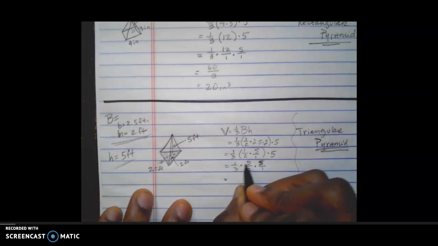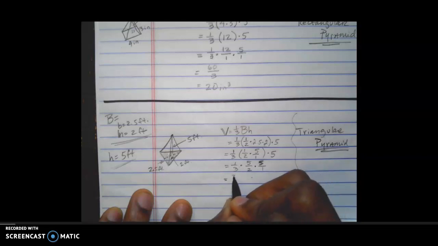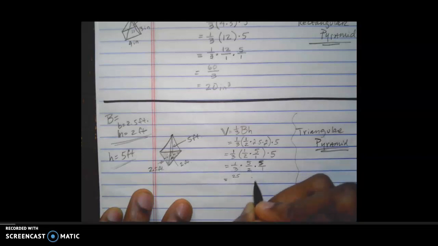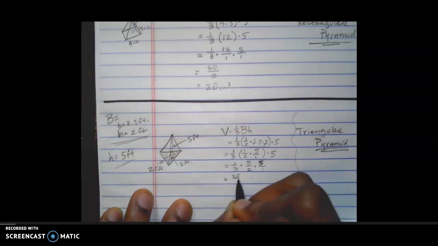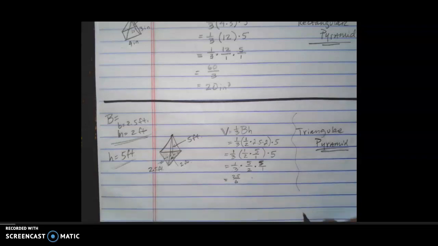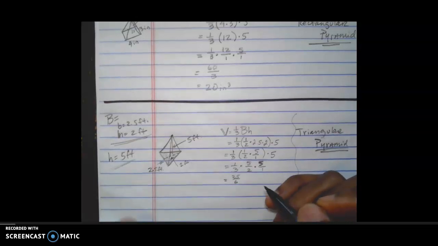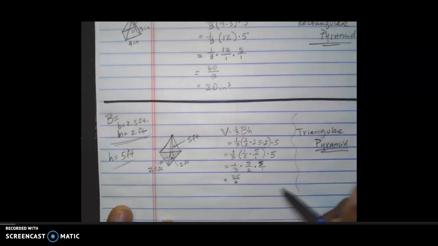So 1 times 5, 5 times 5, that's 25. 3 times 2 is 6, times 1 is 6. All right, now here comes the part that we want to be very careful about. When I convert an improper fraction back to a mixed number, I ask how many times 6/6 can be pulled out, because remember 6/6 is going to equal 1. So 12/6, that's going to be 2, 6/6, 1,